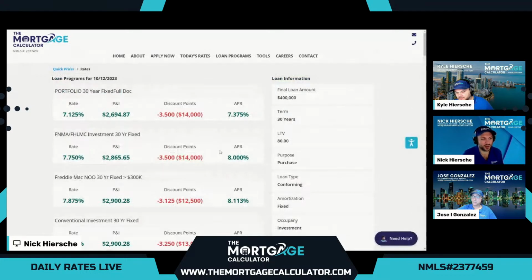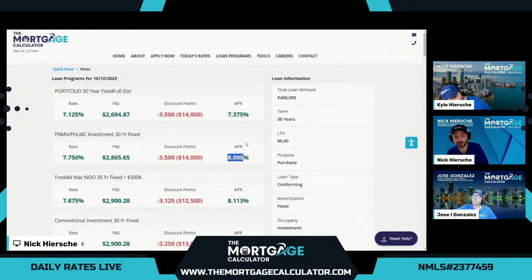So this is where our specialty programs really kick in. So that same specialty portfolio program is not technically conventional, but it uses the same guidelines here. And because there's no loan level price adjustments, which has pushed the conventional programs really high, you can really see the difference here. So we have a portfolio program with no adjustments for 7.125 rate, 3.5 discount points and cost, plus the final APR 7.375. Or we have the conventional program with the conventional adjustments here, which pushes it up to 7.75 rate, 3.5 discount points and cost, and pushes the final APR up to 8.